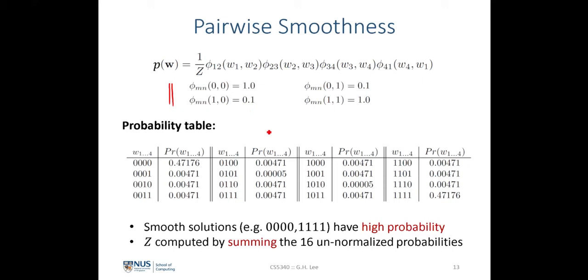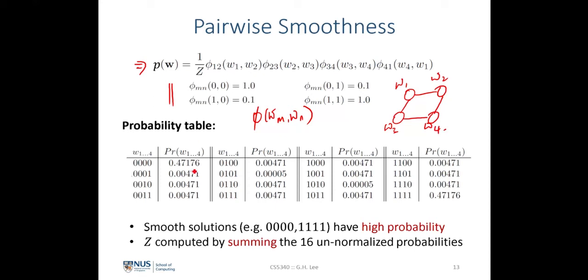For the case of a binary potential of Wm and Wn, where there are neighboring pixels over here, by putting this back into the probability distribution here, which represents the graphical model or the interaction between 4 different pixels, we can see that the end result of the joint probability